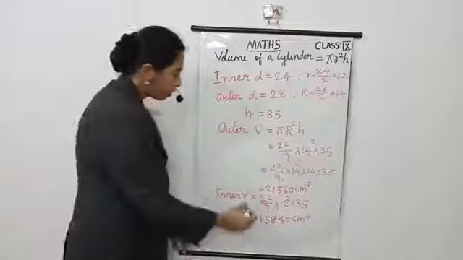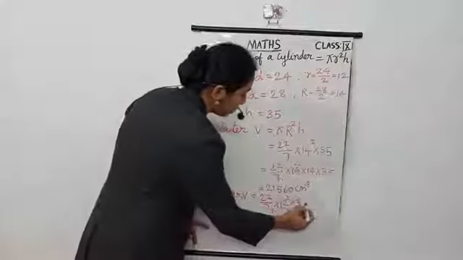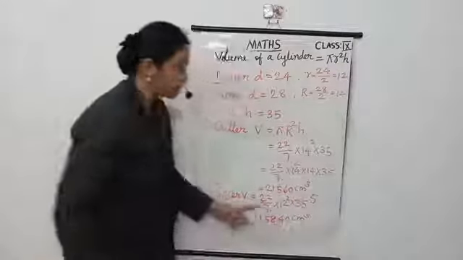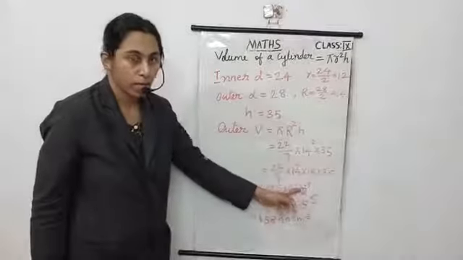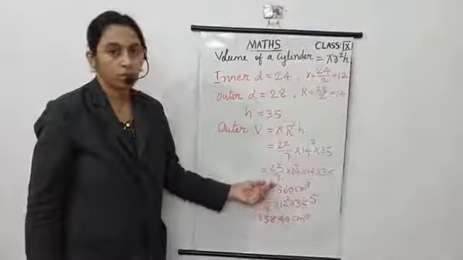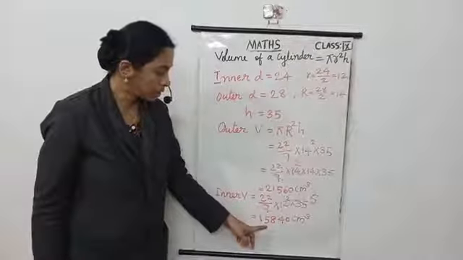Here we can cancel this 7 and 35. 7 5s are 35. Then multiplication will be easy. 22 into 12 into 12 into 5. Anywhere you can use it. Okay, after multiplication we get